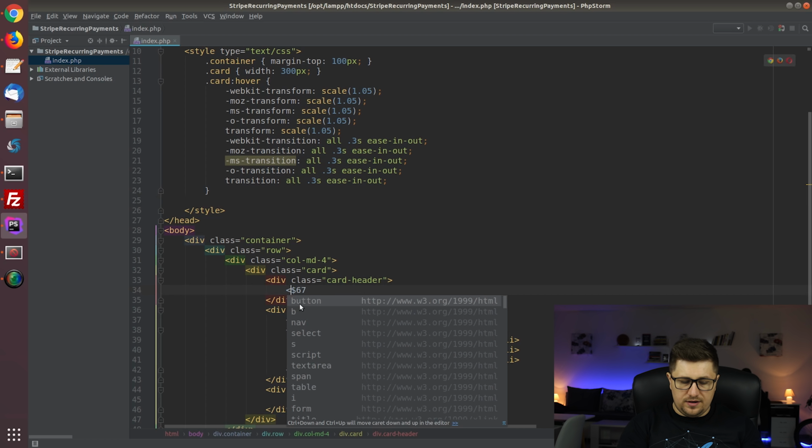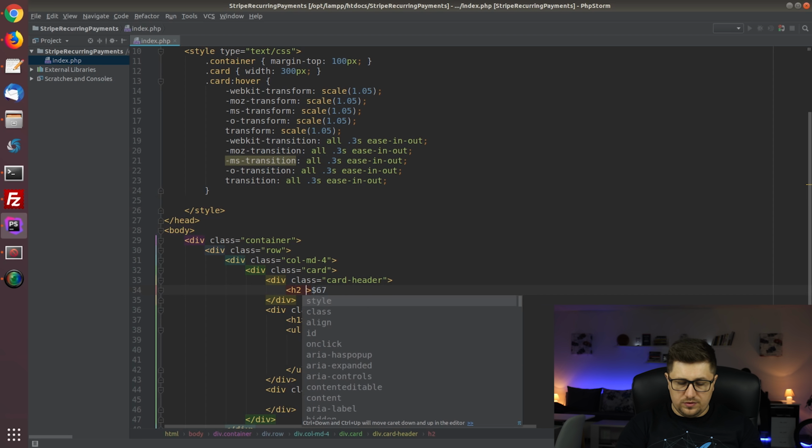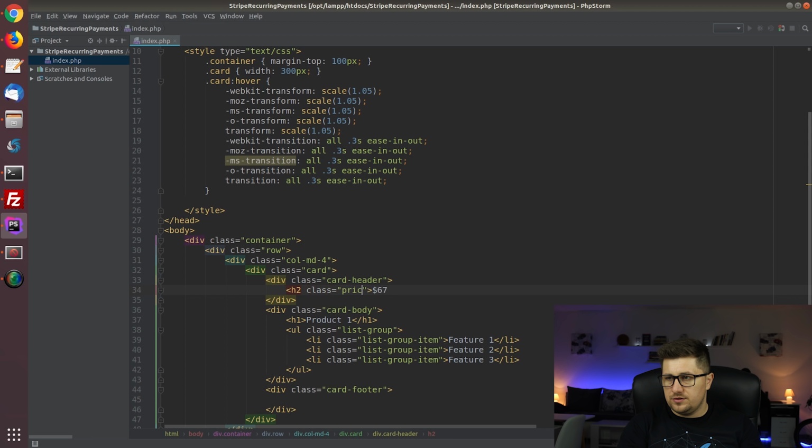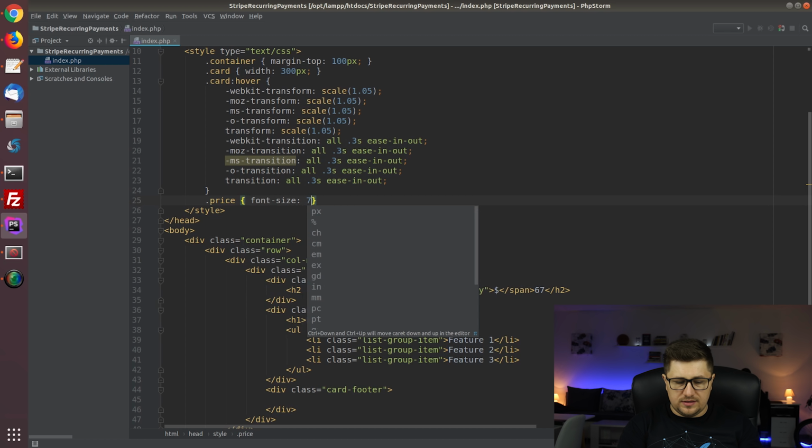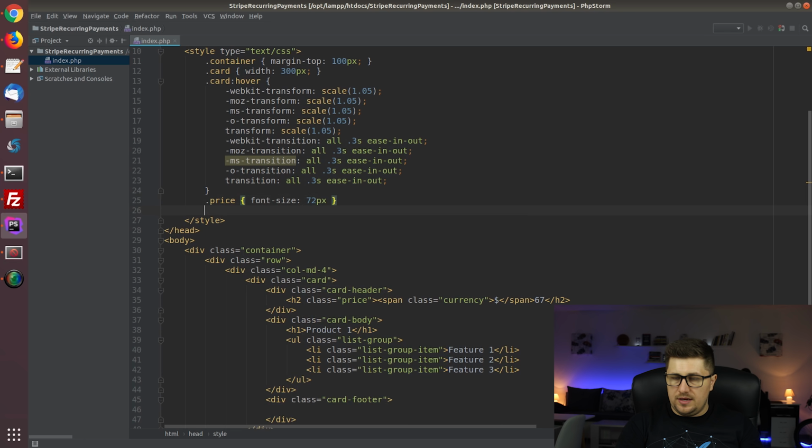So let's say here I will say we'll have one h2, class price, sorry, and then here we will set one span, let's say currency. Okay, so we'll have a dollar sign here, and here we will close h2. Okay, so let's say price will be maybe something big like 72 pixels, and the currency will be